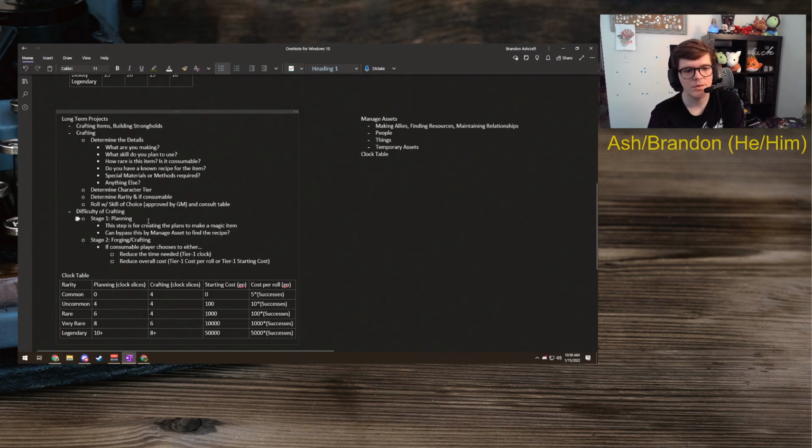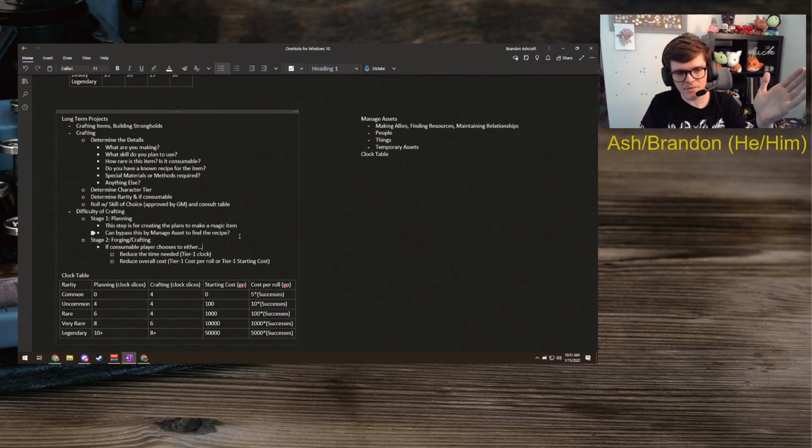But you can then bypass that by other things. Maybe you get another wizard to help you work on it, and they also make a roll, or something along those lines. There's ways to navigate this to make crafting easier while still staying in your lane, I think is the best way to put it. Because, yeah, if it's a skill you're working in, you're going to roll well on it, but it's still going to take you a bit to get anything done. And that was kind of the point. It was to get you to take complications, because complications can make a good story. It's like a devil's bargain in Blades in the Dark.